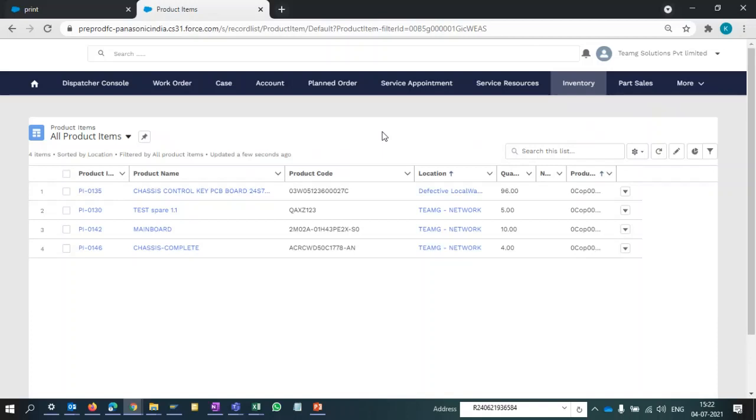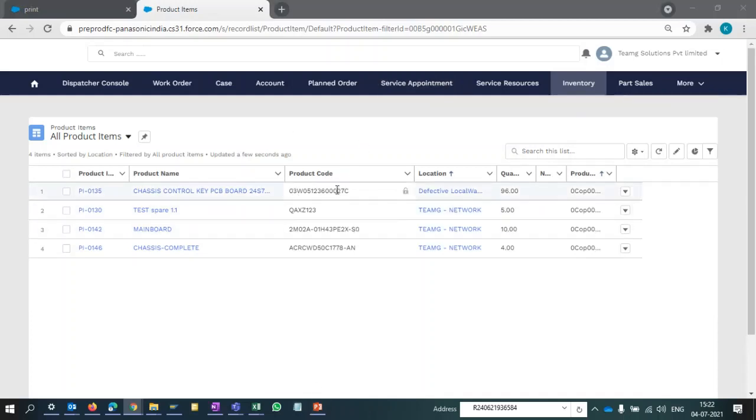Now, let me create a job and close with a part. Before that, let's go for a purchase order. Let me order some part in Salesforce.